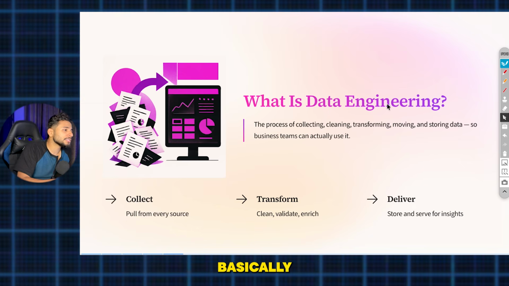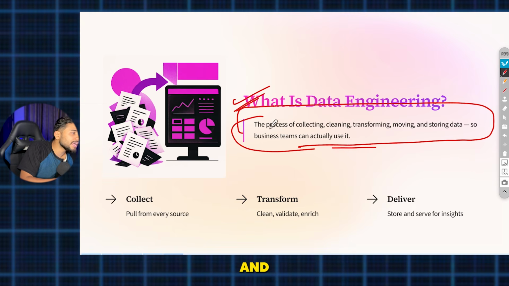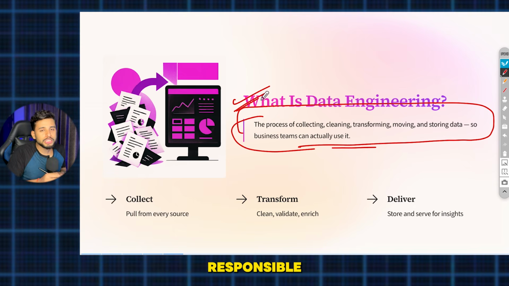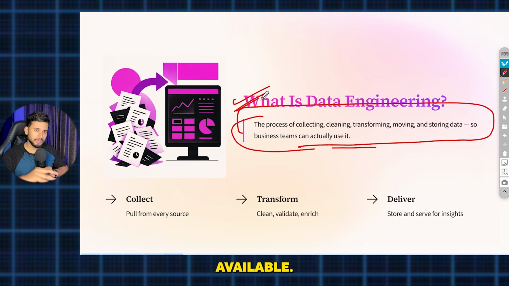Next thing is what exactly data engineering is. Data engineering is basically a process of collecting, cleaning, transforming, moving and storing. A data engineer is responsible for this. If you are working in a banking firm, Swiggy, Zomato, Wells Fargo, any kind of company, there will be different types of sources available. There will be a mobile app, some external things, and direct orders given by call. All of that is called sources. There will be different types of raw sources.